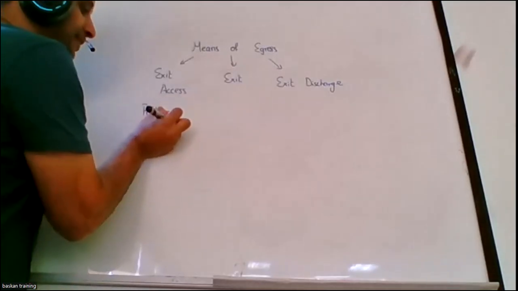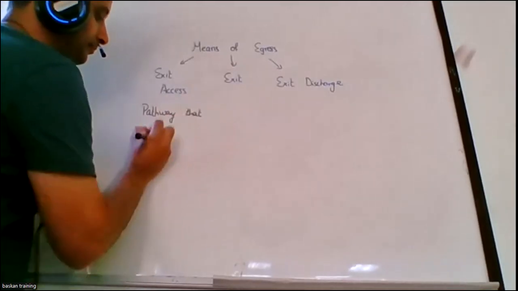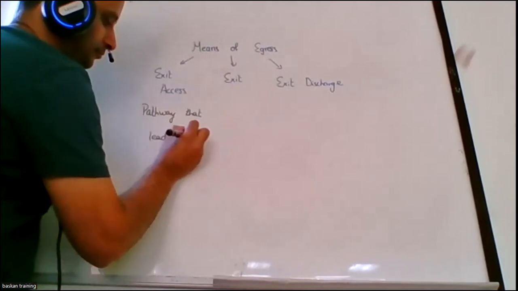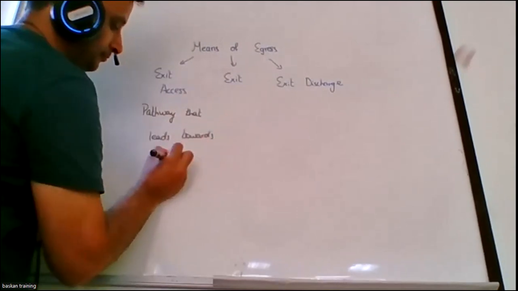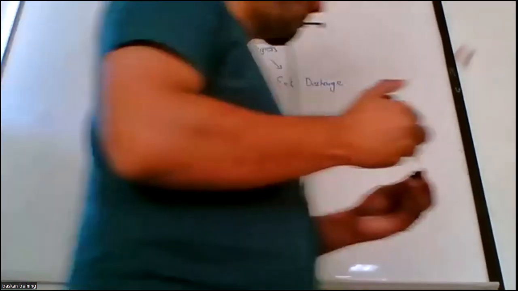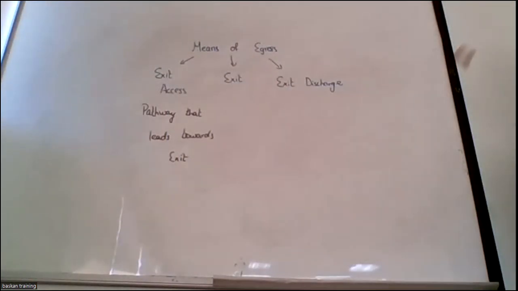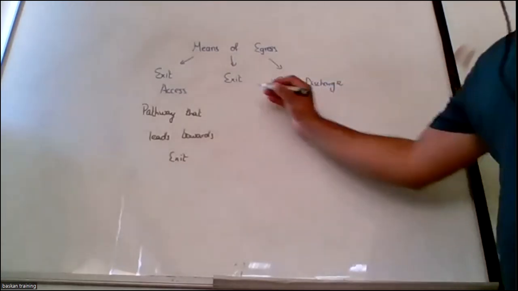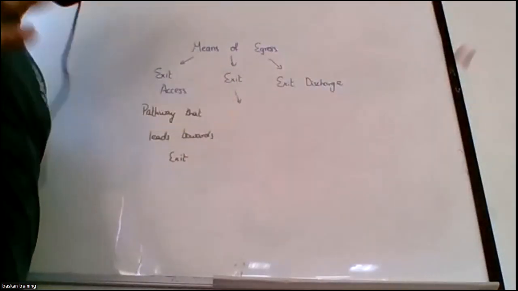that leads towards the exit. For example, I'm standing here, any type of alarm comes, so I'll be using the hall, corridor, stairways, and then moving towards the main hall of the building. So this is all exit access, the pathway that is leading me towards the exit. The exit of the means of egress is considered from where the exit has to be made. It separates from the rest of the building.